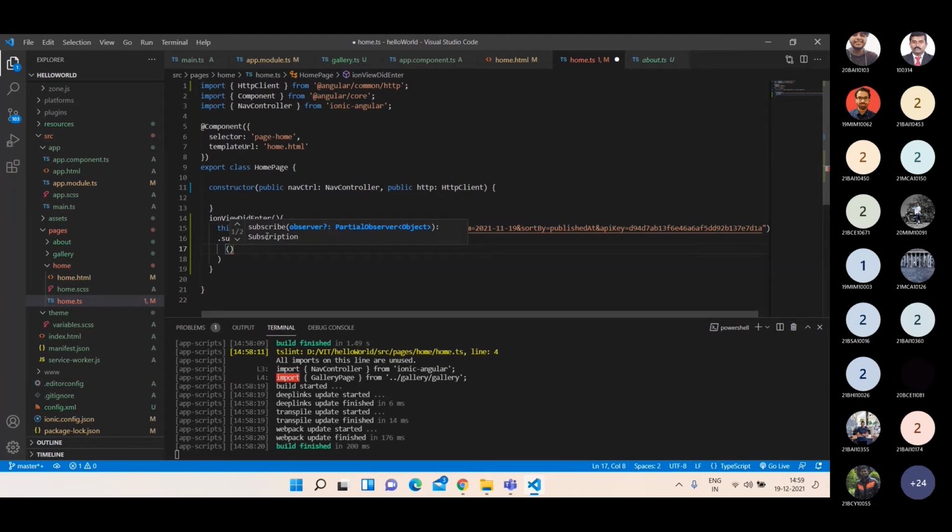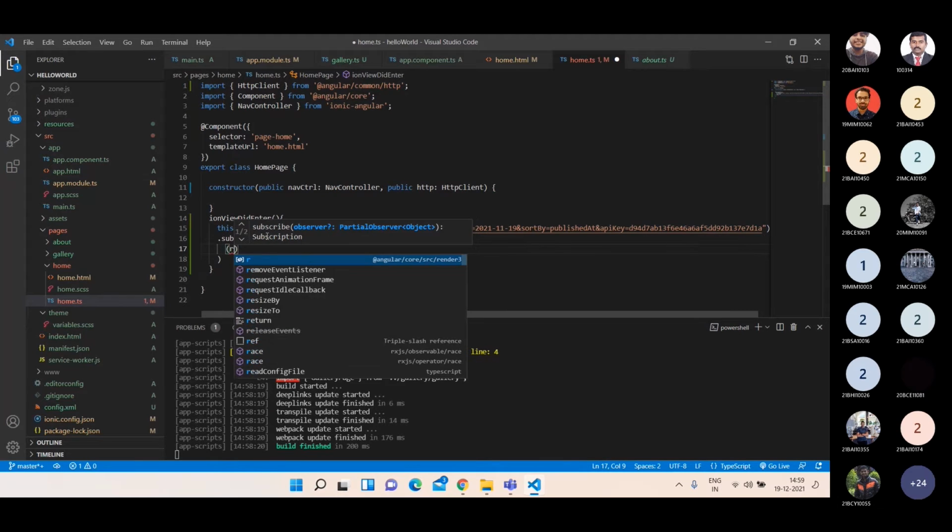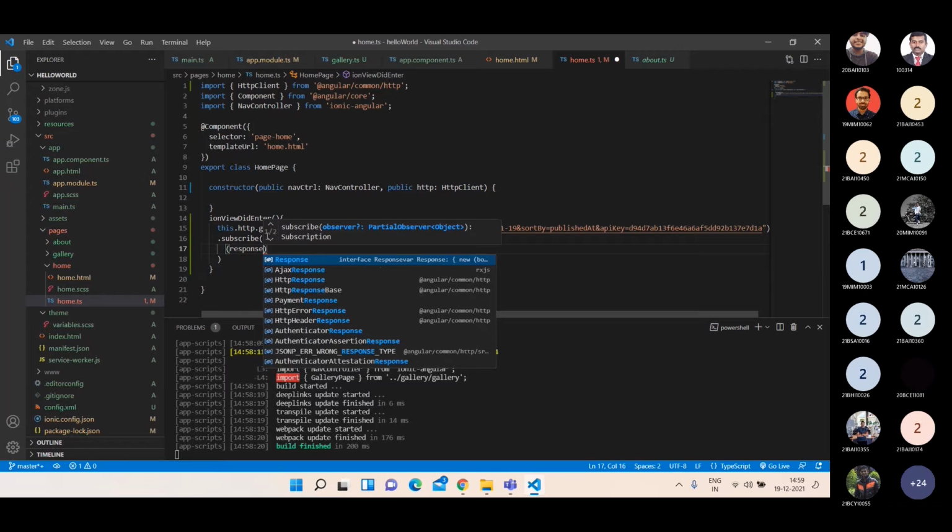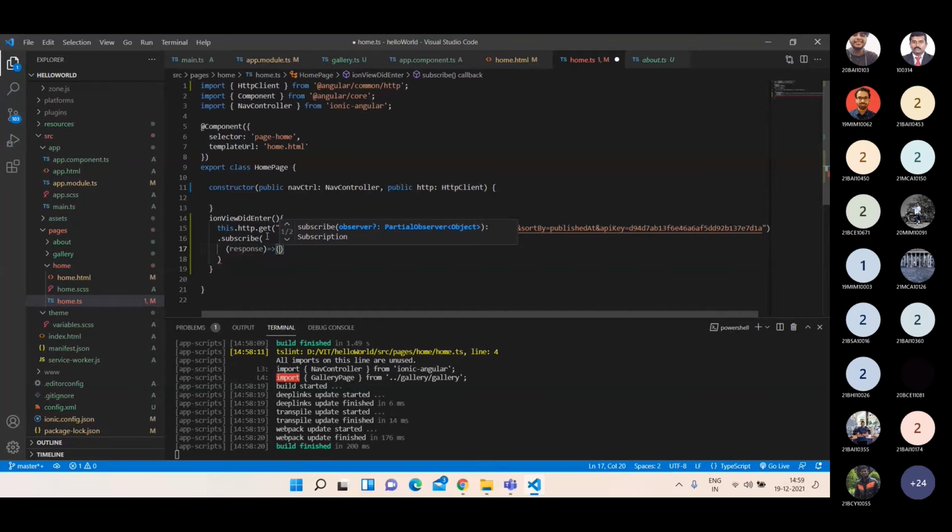You are going to receive the data under any name, so let me call it a response. I'm going to receive the response like this. The syntax is more important. This is called an arrow function. Have you ever used this in JavaScript or Java? Yes, sir. I have. So this is called an arrow function. After subscribing, whatever data you receive from the server, you are going to store that data as response.